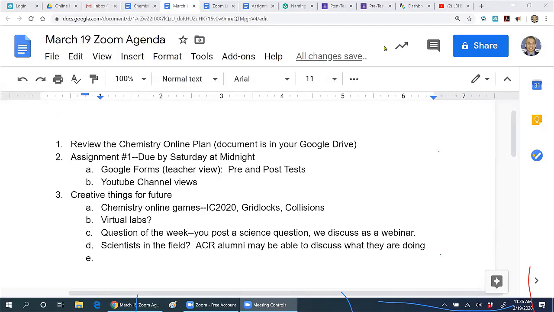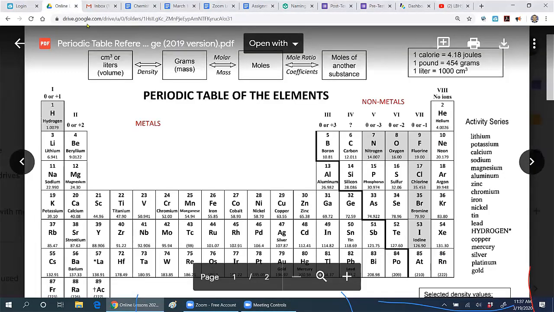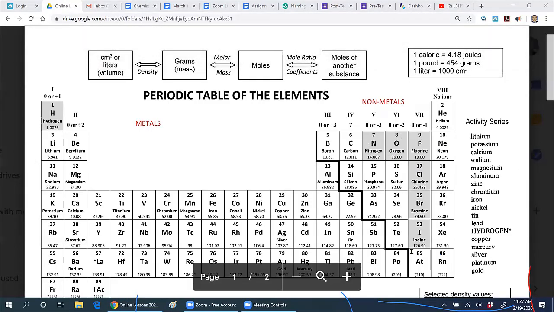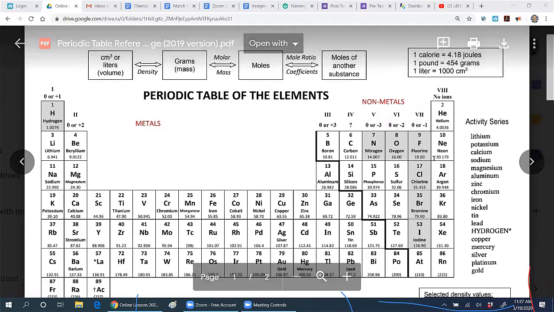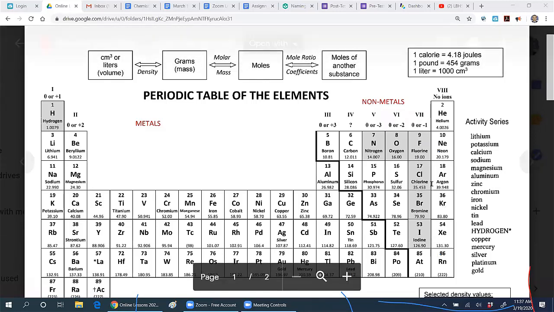Mr. Sogo? Yes. This is kind of unrelated, but when you were showing the periodic table, some of the little squares were shaded in, and I want to know why. Great question. What you'll be learning next week is the meaning of the shaded squares. Right now, I can tell you that they refer to diatomic elements, but that'll be part of next week's lesson, learning more about what that means and why these are the ones that do that. Like because they're gases? Some are gases, some are not. These are not gases here at the bottom.